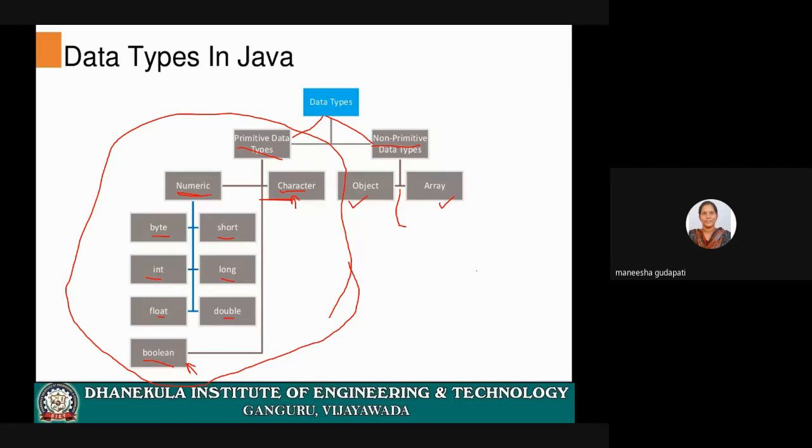What do you mean by non-primitive data types? Those are not predefined by the compiler or by the language. You can create your own type, and for those types you can give your own properties and your own functionalities.